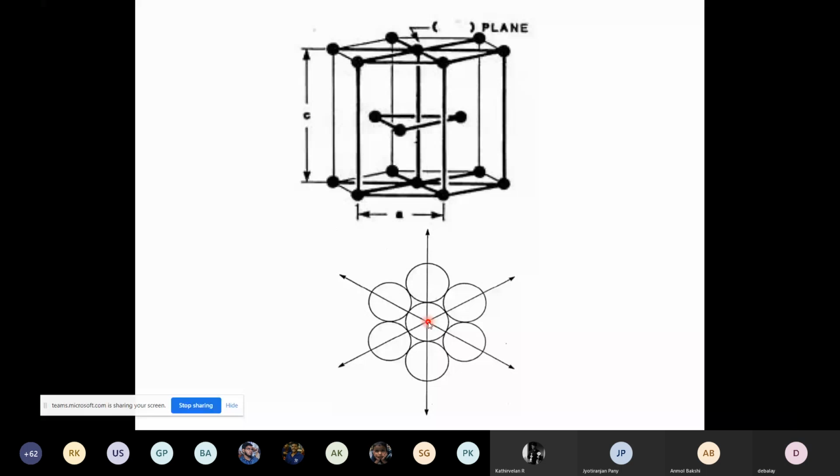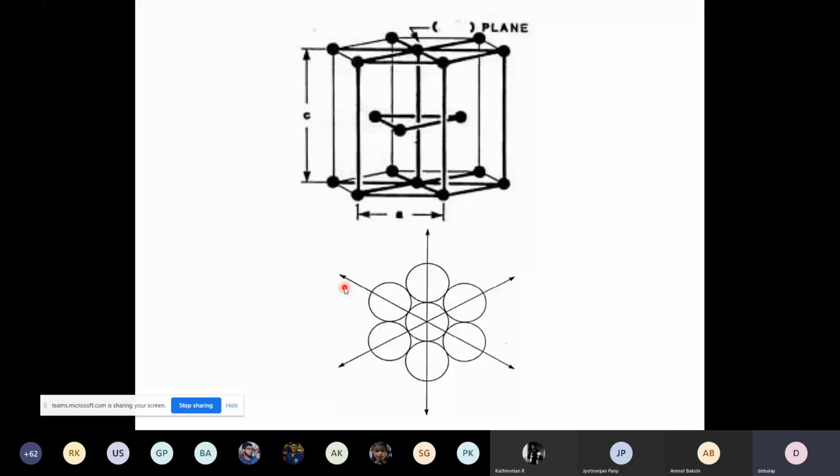If this is one perfect movement, sir, from the corner to the center of the basal plane. Absolutely right. You know that slip occurs in the closest direction, right? So from any corner atom moving into the center of the basal plane, or center atom moving into any corner position,